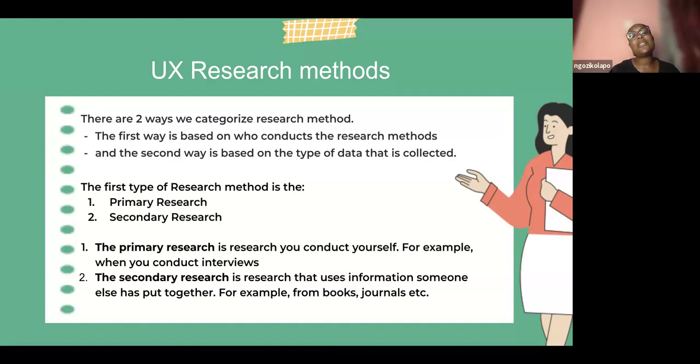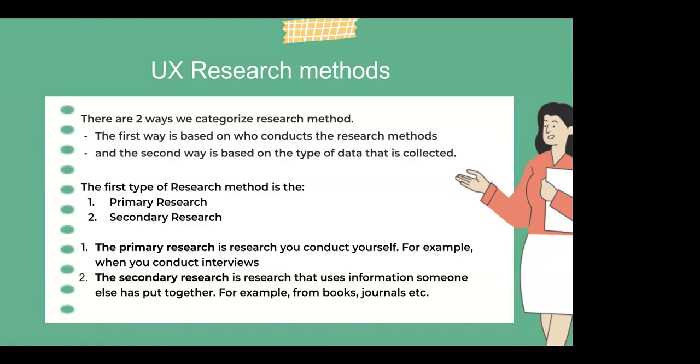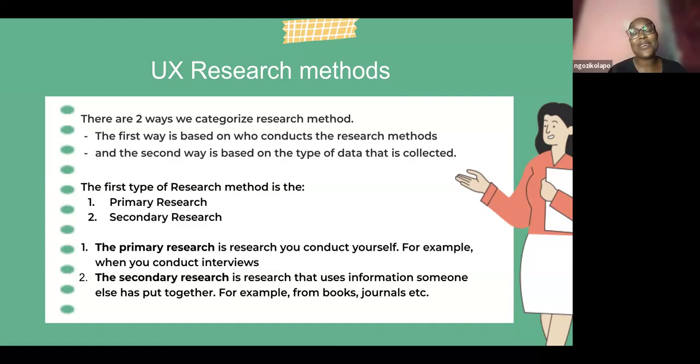So the second one is the secondary research method. It is the research method that uses information that somebody else has put together. So for example, in the olden days, I don't think people sit down to